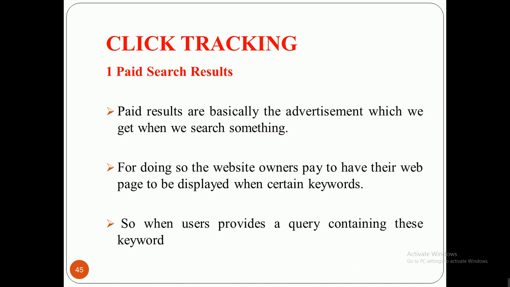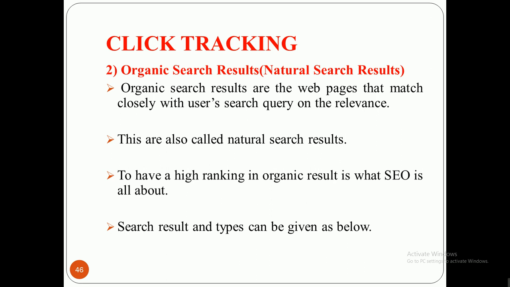So what can the search engine or the SEO person do? They will give an advertisement for your website, and when the user sees the website, it will get ranking, or another user will give traffic to your website. So whenever the user gives a query containing these keywords, at that time this information is available. The organic search result, or we can say natural search result, means when a user searches in a simple way and it displays on the search engine result page, then it is called a natural search or an organic search. It's a simple funda.